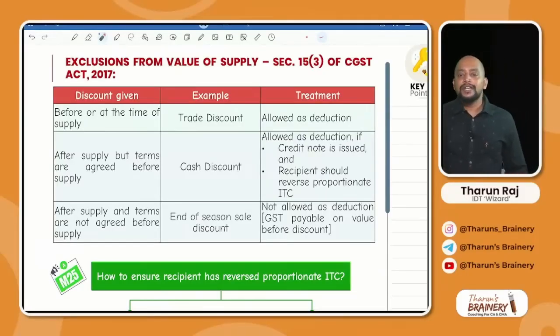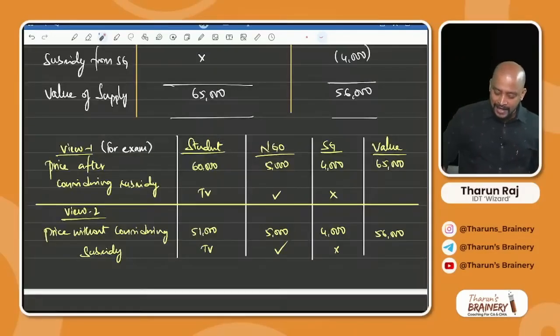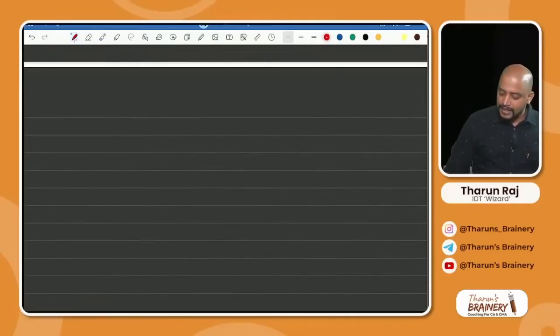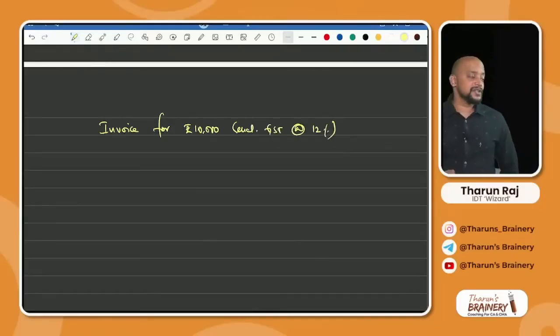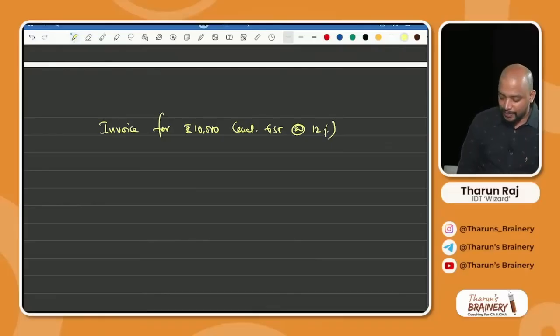When we give a credit note, the recipient should reverse the ITC. Why? Have a look at this example. First, there is a supplier who gave an invoice for rupees 10,000 excluding GST at 12%. For this invoice, in the books of supplier and in the books of recipient,